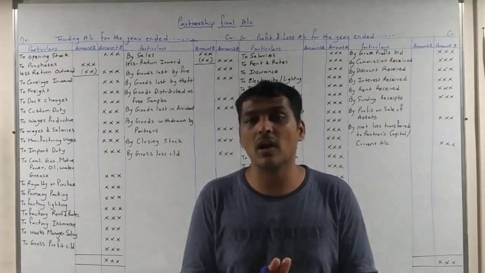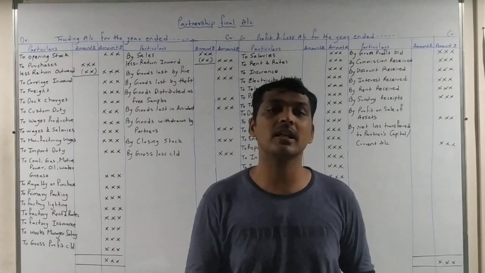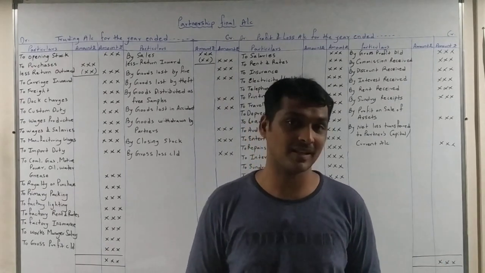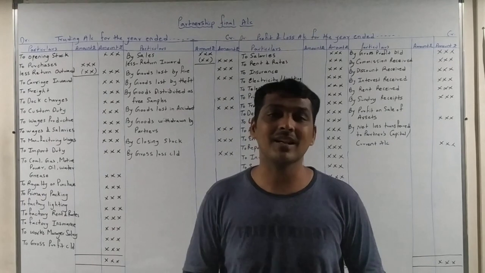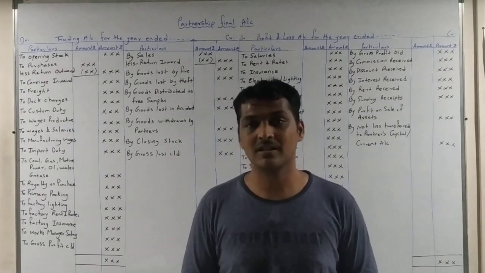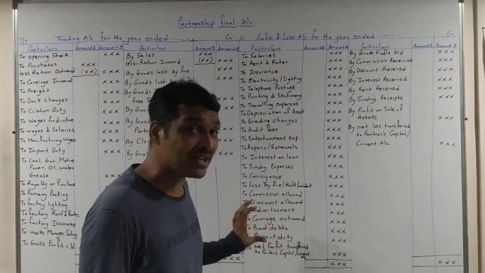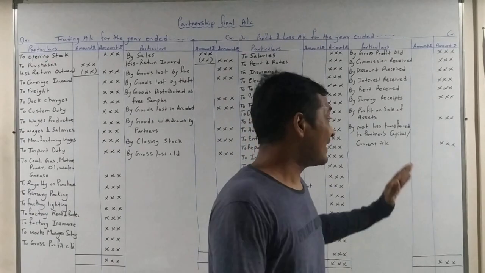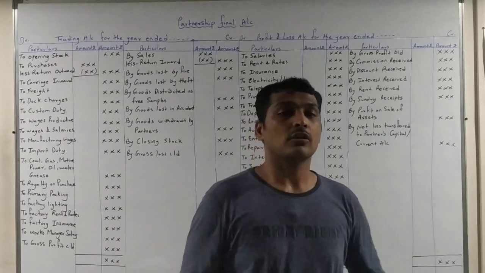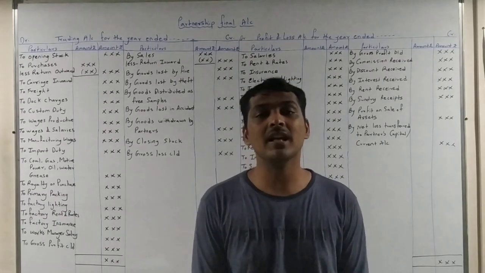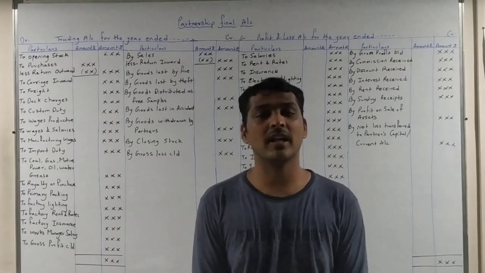Now net profit is transferred to partner's capital or partner's current account, as we have already studied in the previous chapter, introduction to partnership. The net profit is written under the credit side of partner's capital account and divided between the two partners; that net profit comes from the profit and loss account. In the same way, net loss is also transferred to partner's capital or current account. So that is all about the format of trading account and profit and loss account. I hope you understood this format.